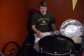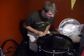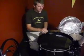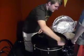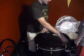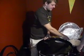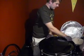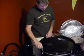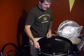So you're going to pick a start point. We're going to start here. We're going to make one turn. Then we're going to go directly across from us and make a turn. Then we're going to skip across to here, skip a lug in between, and make a turn. Then we're going to go directly across from this one and make a turn. So it gets kind of confusing,